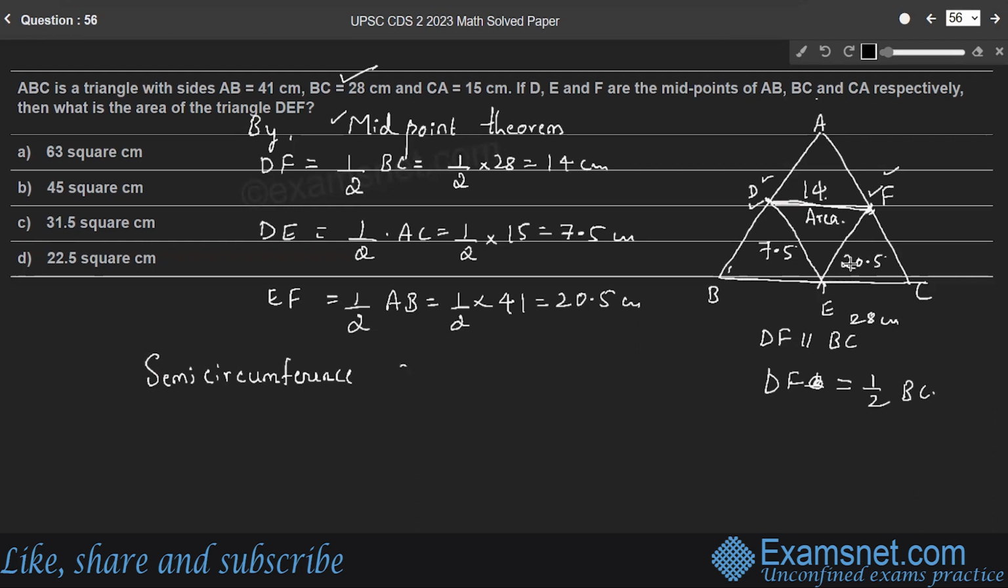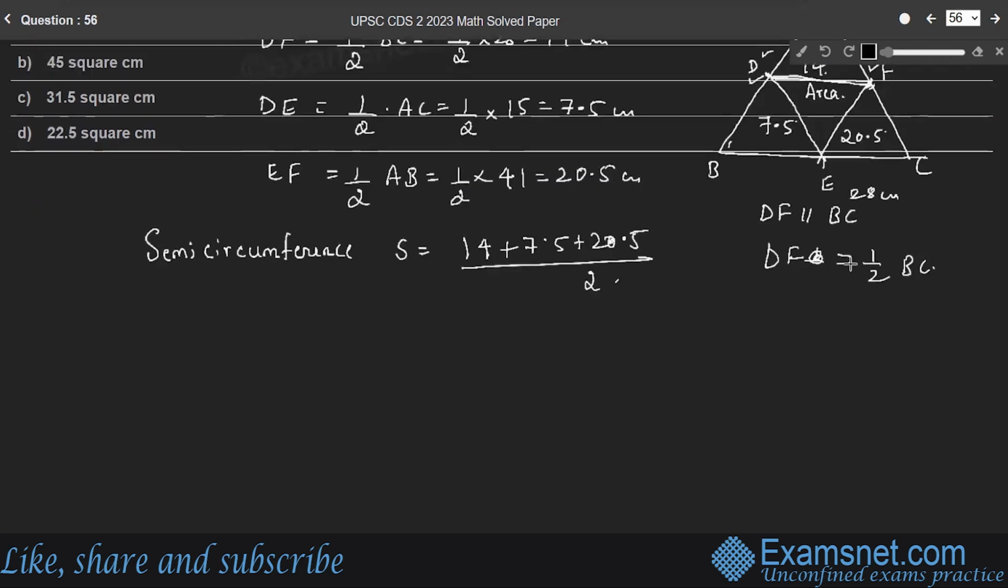Semi-perimeter S is equal to the sum of all its sides, 14 plus 7.5 plus 20.5, divided by 2, right? Therefore, it is 14 plus 8 is 22, plus 20 is 42, by 2, which is 21. So 21 centimeter is the semi-perimeter, right? Therefore,